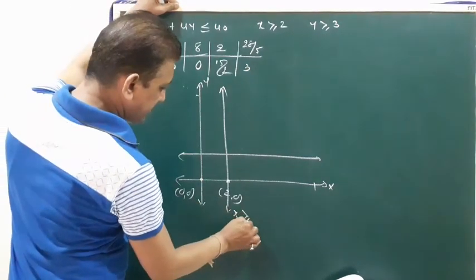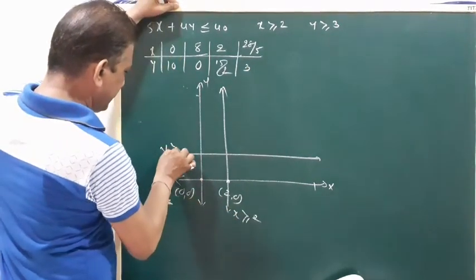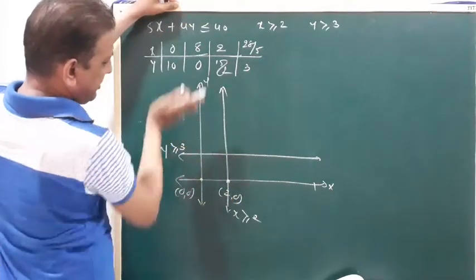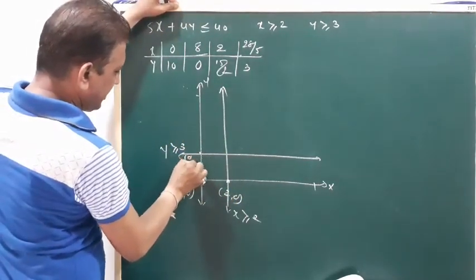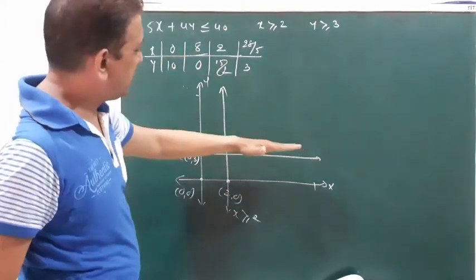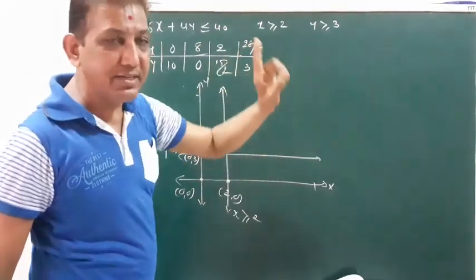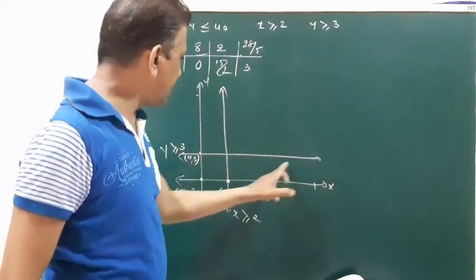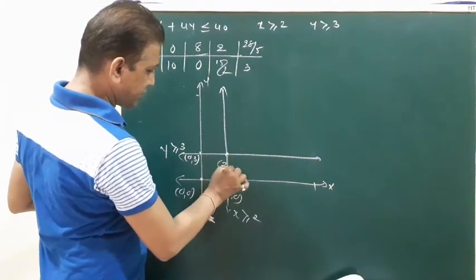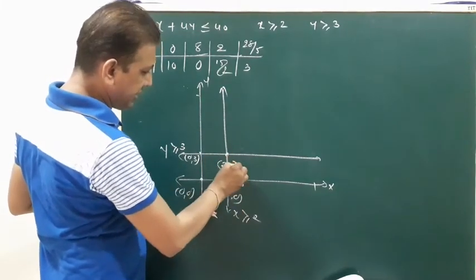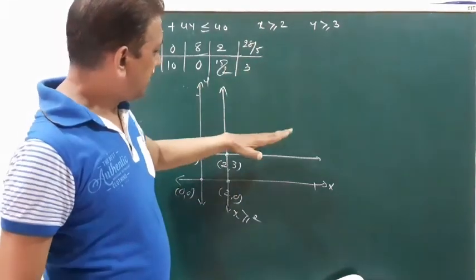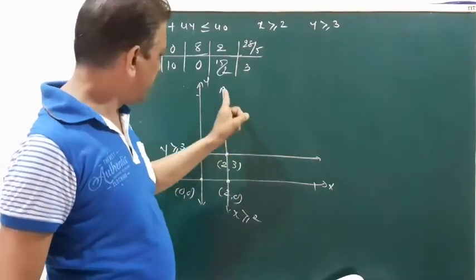We write here x is greater than or equal to 2, y is greater than or equal to 3. Upper portion, greater than 3, because here the point (0, 3). So (0, 4) satisfies, (0, 0) is not satisfied, right? So the intersection portion of these two lines is this L shape, and our intersection point is this one: x coordinate 2, y coordinate 3. When we draw these lines, our intersection portion is this portion, the L shape.